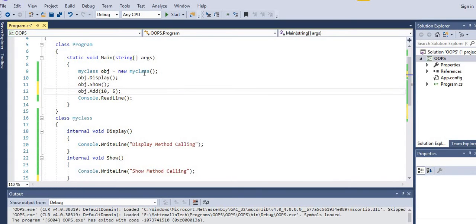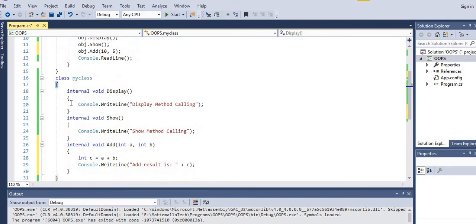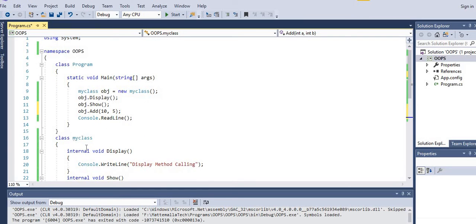Here we learned one class, and we created another class. In that class we created two parameterless methods and one parameterized method. We are creating the object for this class and calling those methods, and giving the input parameters for this method. Then we will see the result.